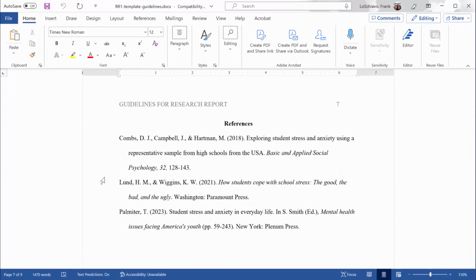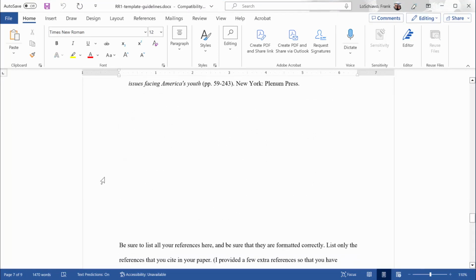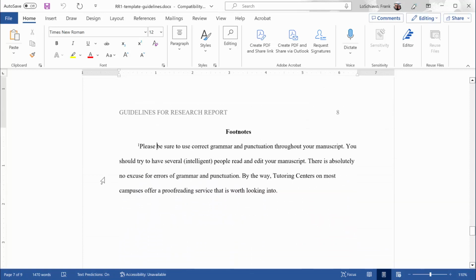Here we are back at our sample paper. After the references section, you can see that I have a section labeled footnotes. In general, I try to avoid footnotes, and you probably should too. When possible, just include that information within text. However, if you want to include footnotes, the easiest way to do it is to have a section at the